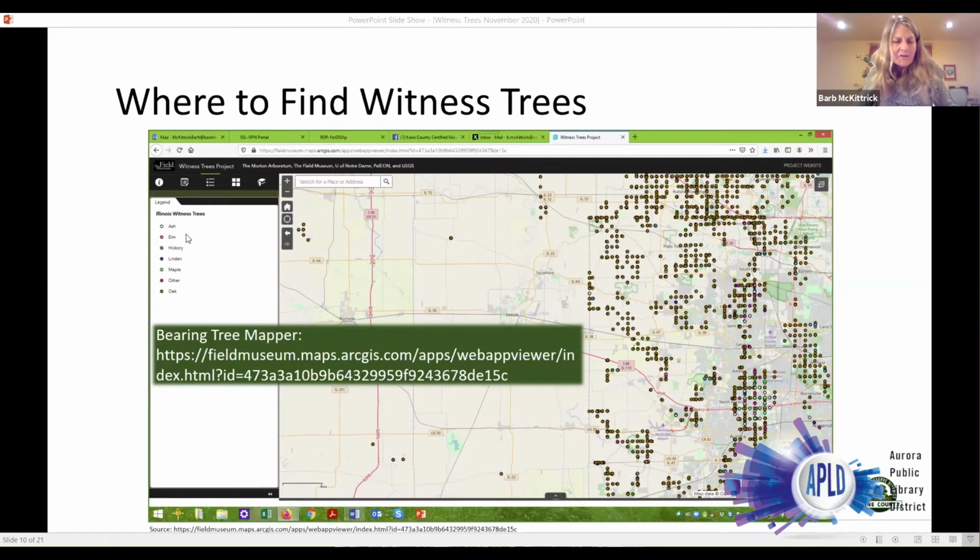There is a legend on the left. So you can see there it says Illinois witness trees. You can see that each of the tree species have a different color. So the map is color coded. And you'll notice that most of the little spots are brown, which is oak. And no surprise there, because most of the witness trees were oak, which is why